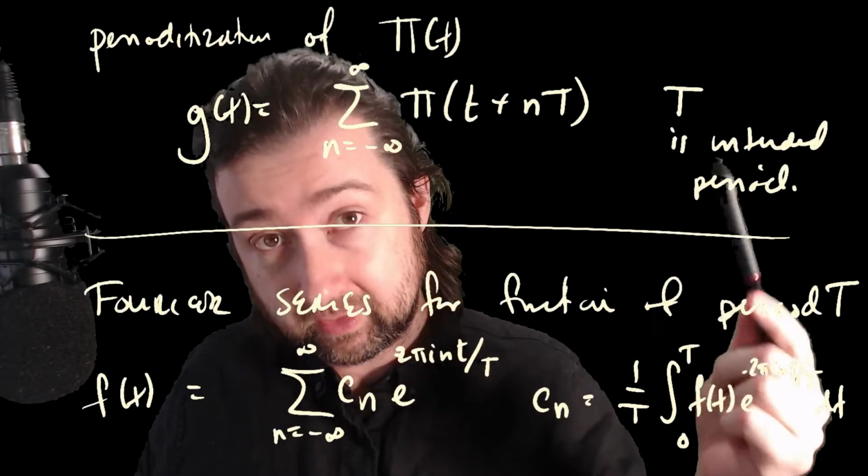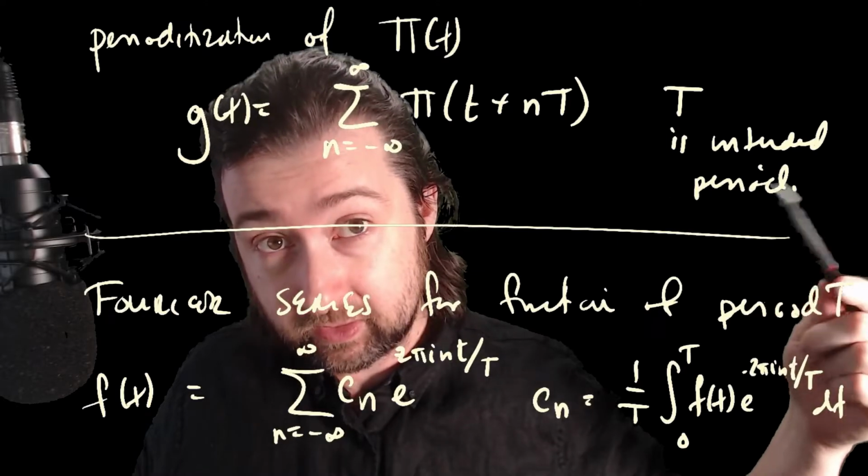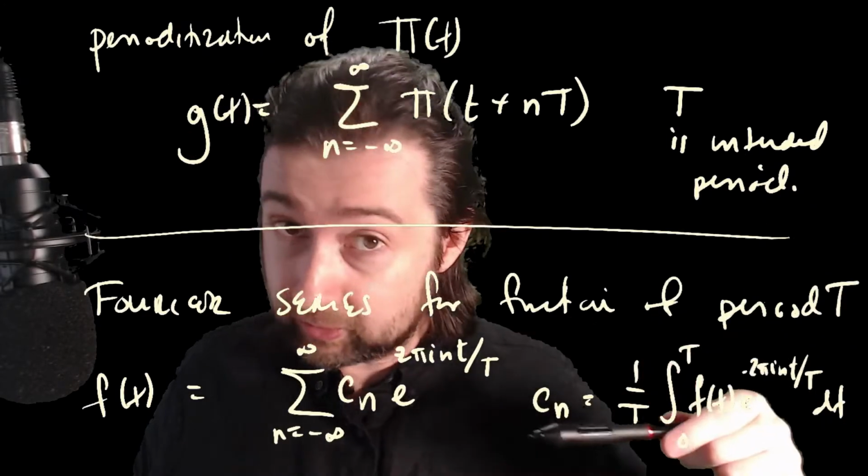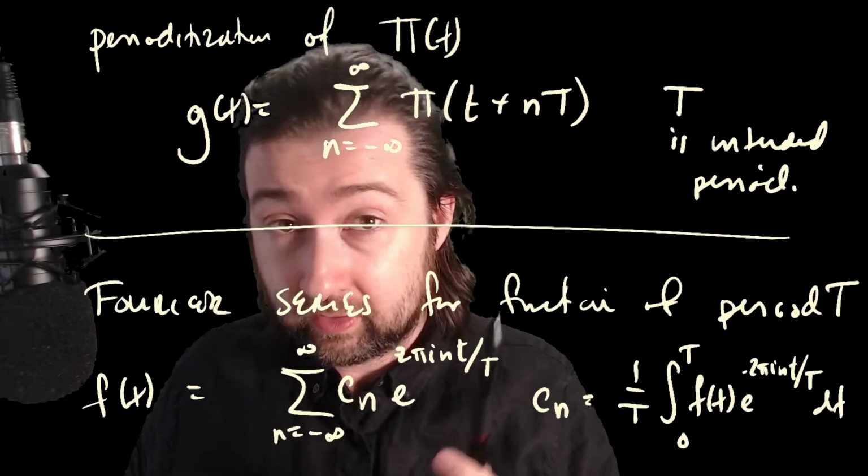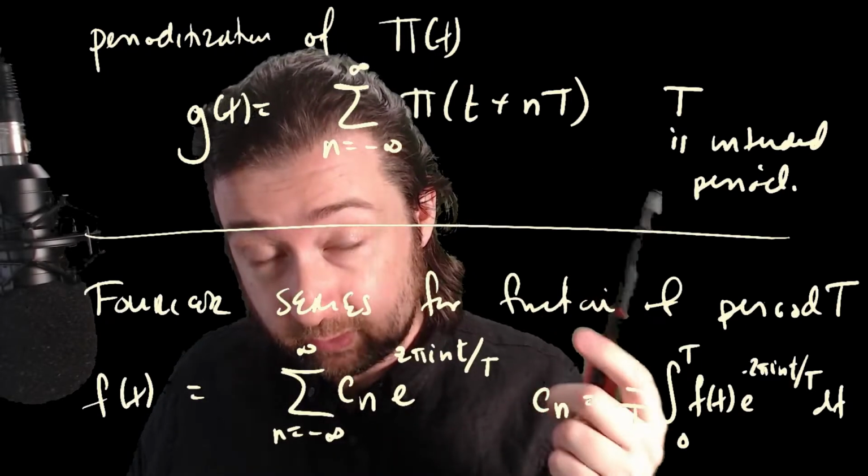I'm going to show you some examples of what this looks like for different values of T, and then we're going to compute a formula for the Fourier coefficients when this function has been made to have period T. So let's draw what that looks like first. T equals 1 is not a very interesting case because the rectangles all pile up on top of each other. So let's look at capital T equal to 2